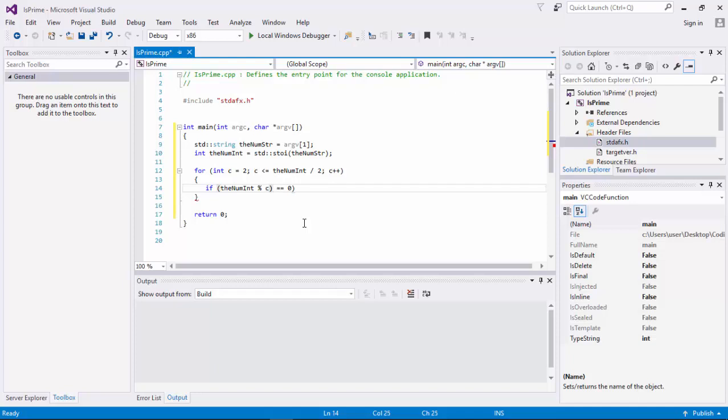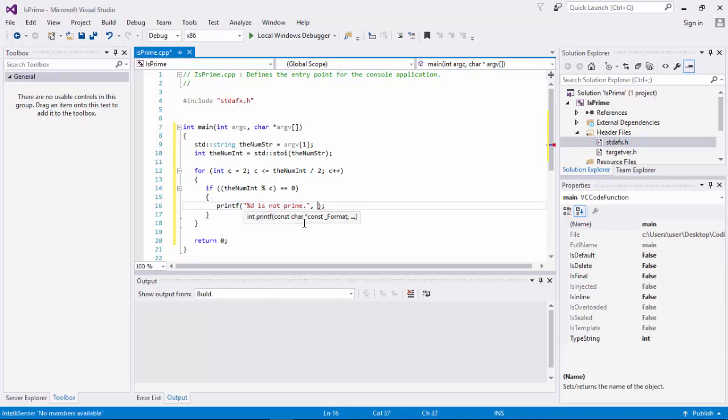Okay, before that, let us put an extra precaution by putting the mod operation in its own bracket. So if there is no remainder when the number is divided by C, then what we do is we straight away print saying that it is not prime.